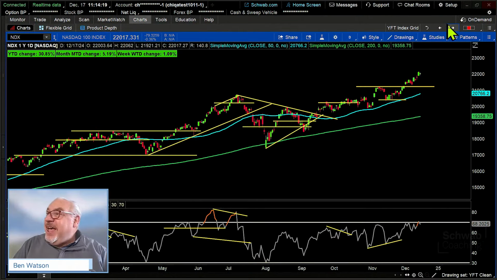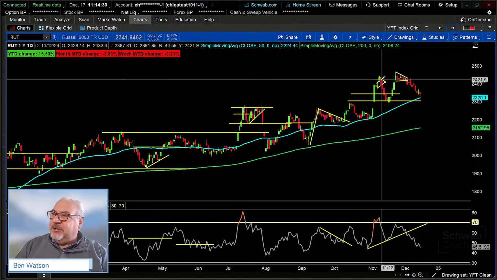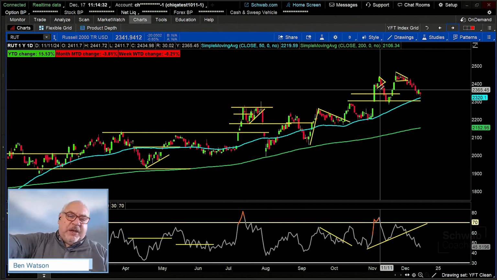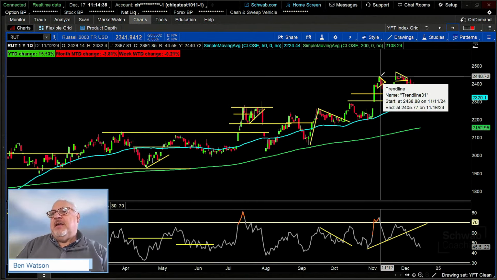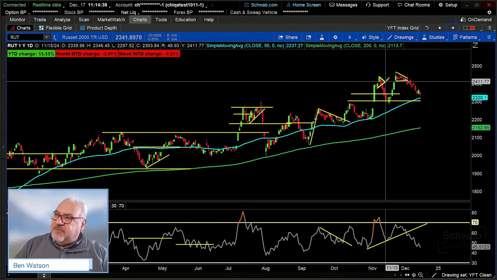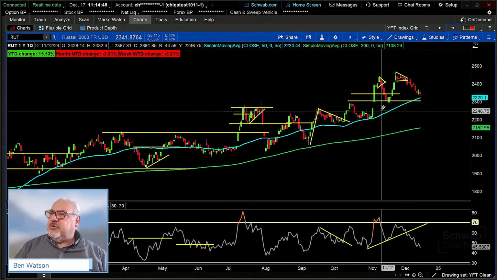All right. Now we shift over to the Russell 2000 and the small caps. And the small caps have kind of made an interesting pattern here, right? So we had this rally up and into a little bit of a cobra. Pat Maloney and I used to call this a cobra pattern, right? Big move, kind of that impulse move to the upside, and then a very short, very obtuse symmetrical triangle. It's a flag, and oftentimes it moves in the direction of the prevailing trend.